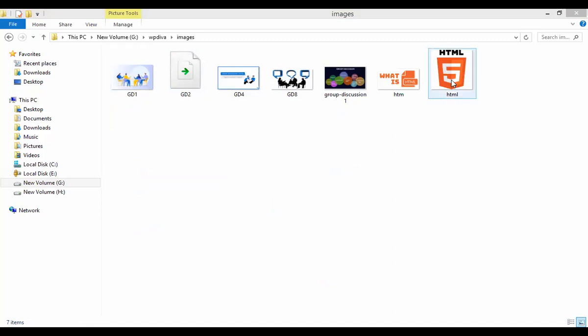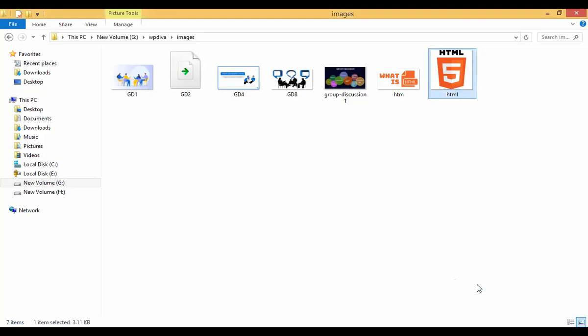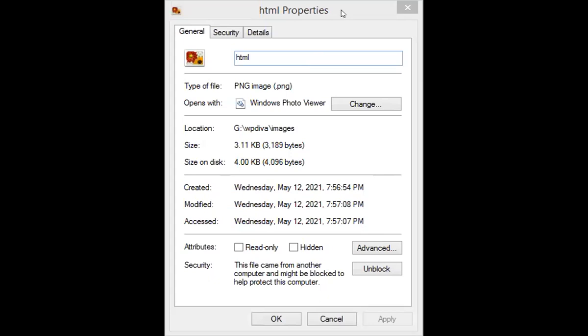All right, so how to see properties? I have just paused my voice. I'm back now. So how to see properties here? Right click and then go to properties. When I click here, I will come to know what is the type of that image. When I right clicked on the image, I got this property window.